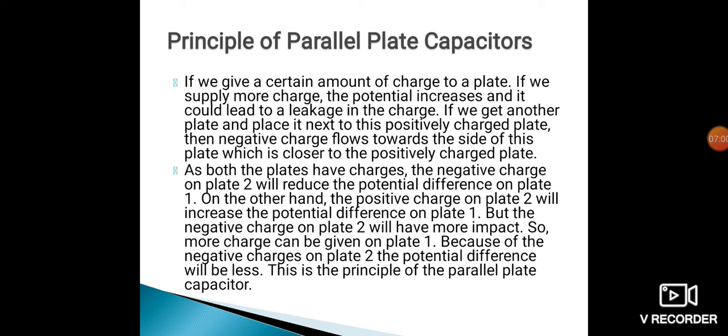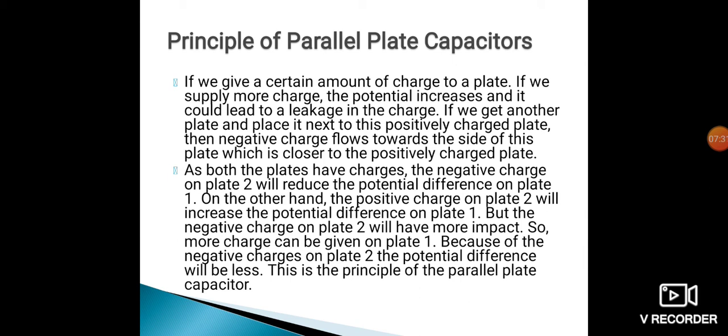So in the positive plate, we will have a little negative charge, electrons, whereas in the negatively charged plate, we have little positively charged ions. So if we place another plate beside the capacitor plate, that minor charge will start to flow to this additional plate.